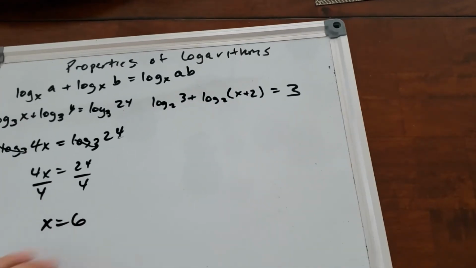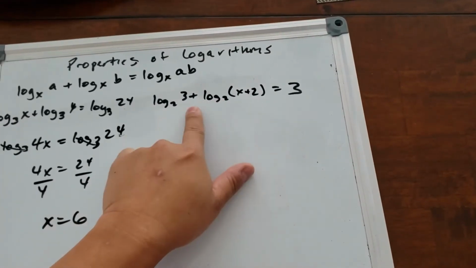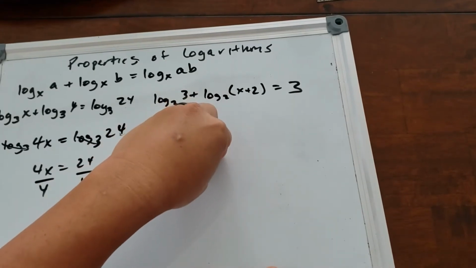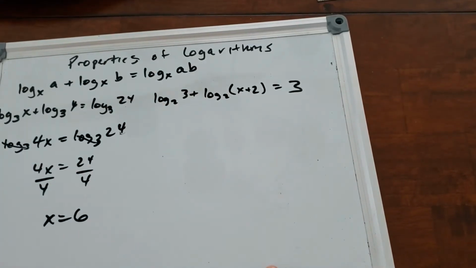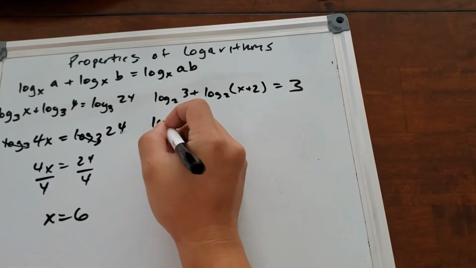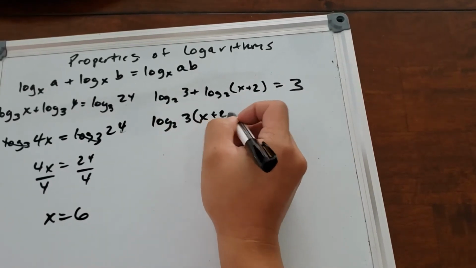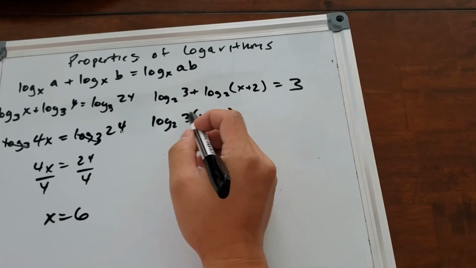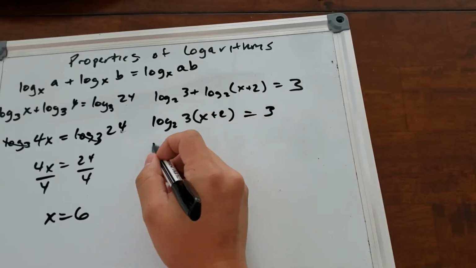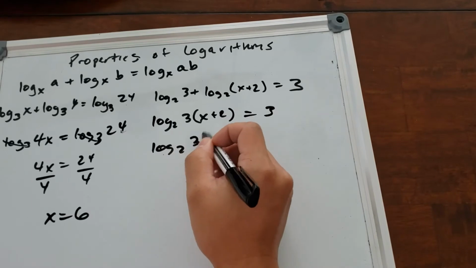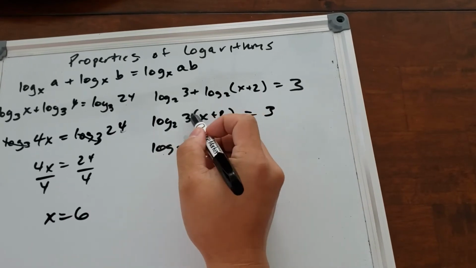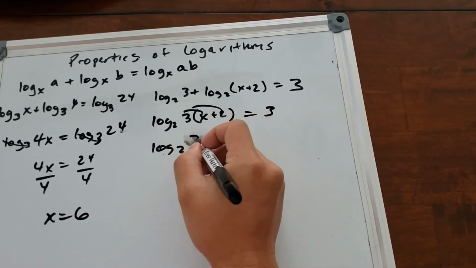Okay? Same thing on this problem. I have two logs with a plus sign in between. I have to combine these first before I can start solving this. So this is going to be log base 2, and this is going to be 3 times x plus 2. This x plus 2 is 1 unit. So that equals 3, and then I can write this as log base 2 and go ahead and distribute. Since I see the parentheses with this number in front,